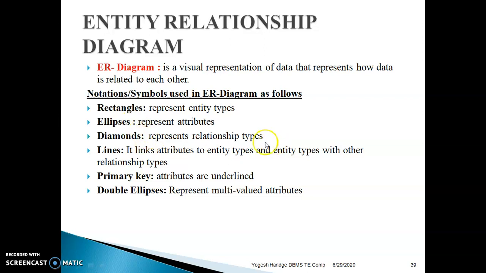Diamond represents relationship type. Lines link attributes to entity types and entity types with other relationship types. Primary key attributes are underlined. Double ellipse represents multivalued attributes.